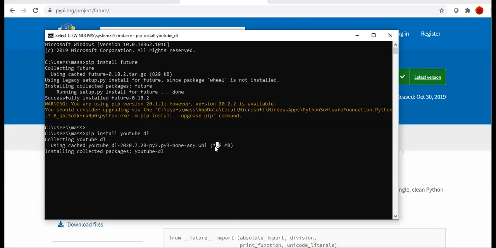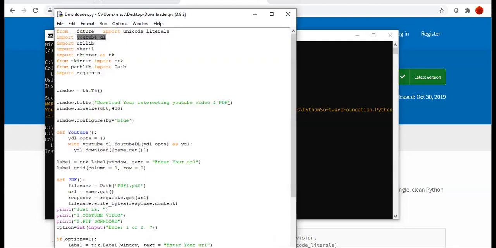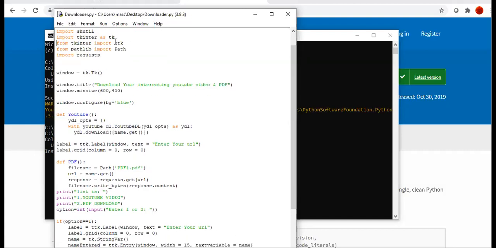See here, it has 1.8 MB that has to be downloaded. So at that time we will use it, and I will explain here. In this module, I didn't do anything big. I just used the tkinter module and downloaded all the things here through pip.